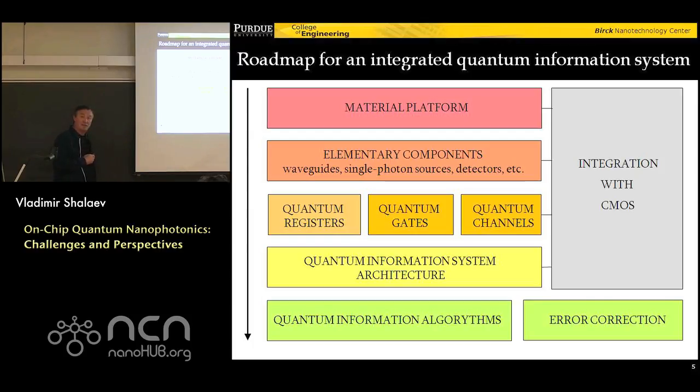However, the important question to ask, and what I say now maybe not necessarily everybody would agree, but that's at least our vision, is that it's really critical to think of a material platform for future quantum photonics, or in general, let's say, quantum circuitry. So if you recall what happened to electronics, basically silicon made a difference. So it's really important that you have the right materials which would enable this whole platform for electronics. And now we should think of something similar, what would play such a role in terms of material platform